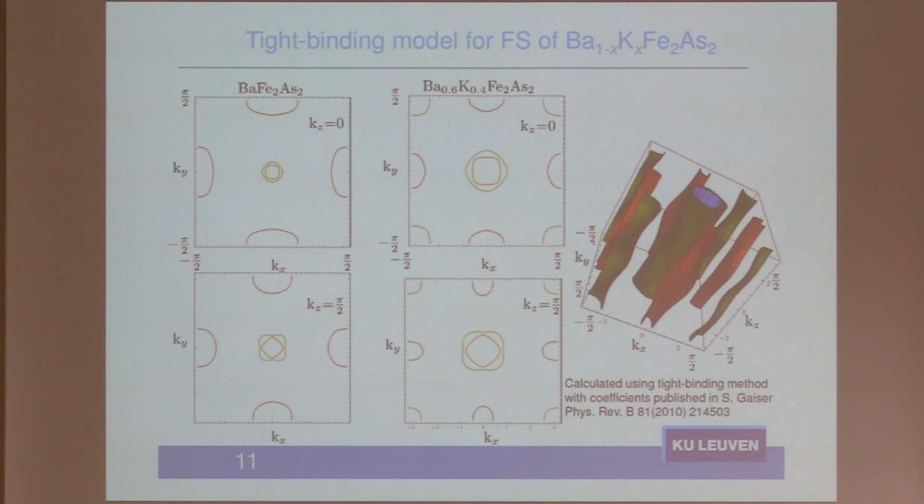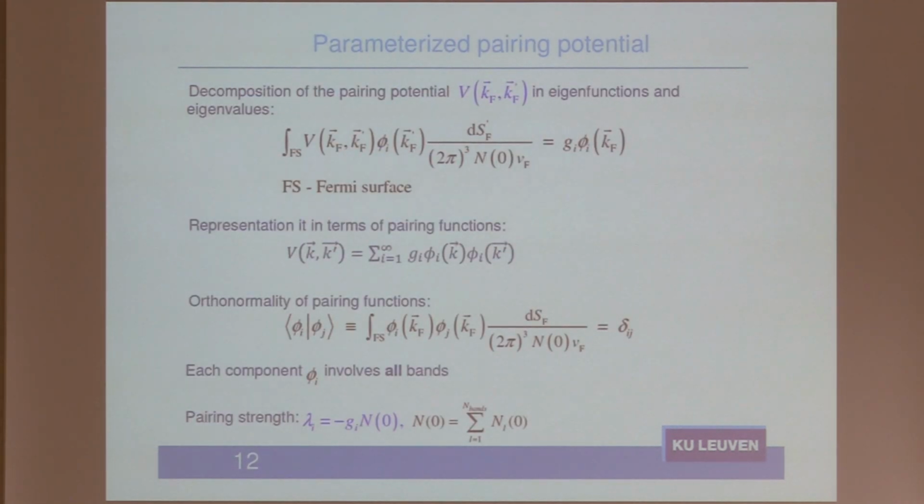So we know everything we need from this side. But we also need the pairing potential, and this is the main thing. Actually our goal is quite modest. We want only to explain. We will not calculate this potential from first principles, but we only need to represent it somehow with a minimal number of relevant components, and to show when this mixing of components can give you what we observe.